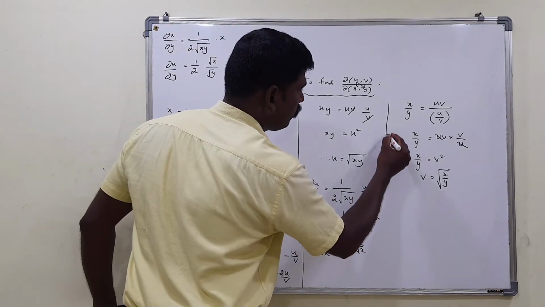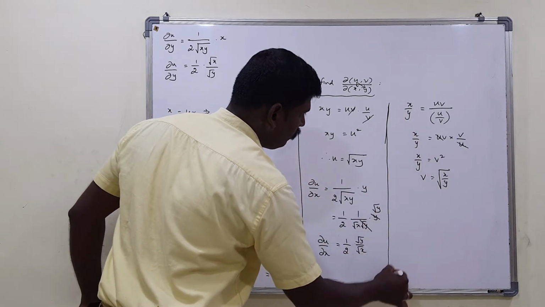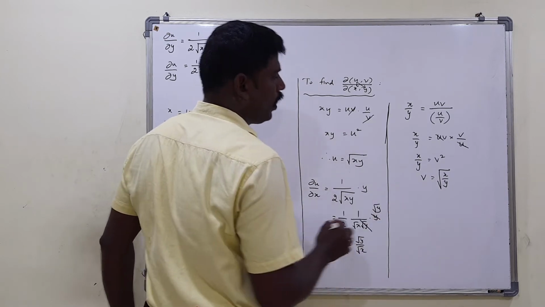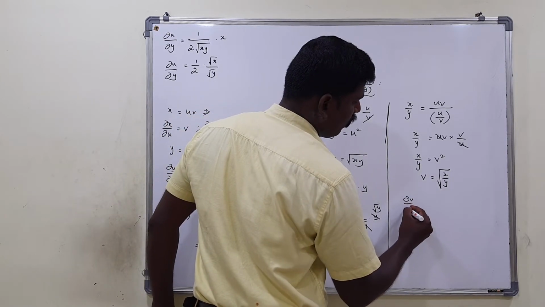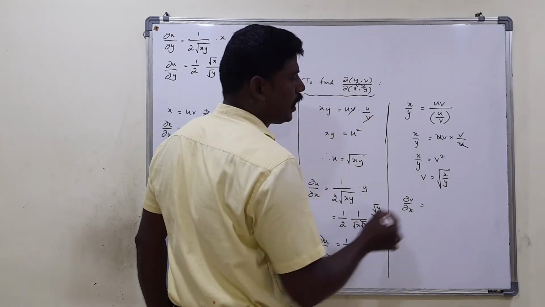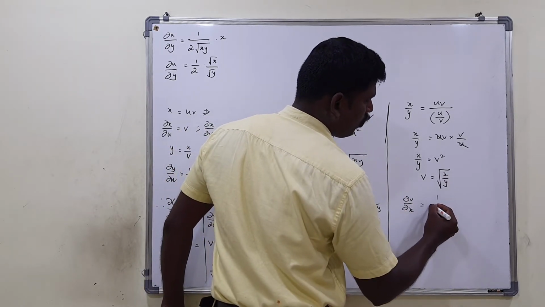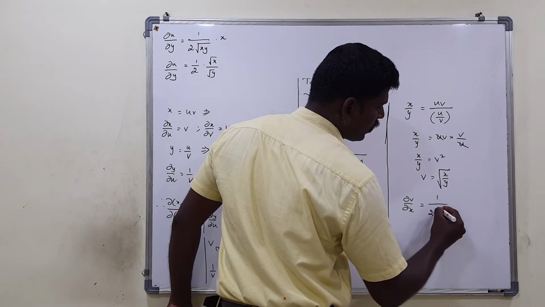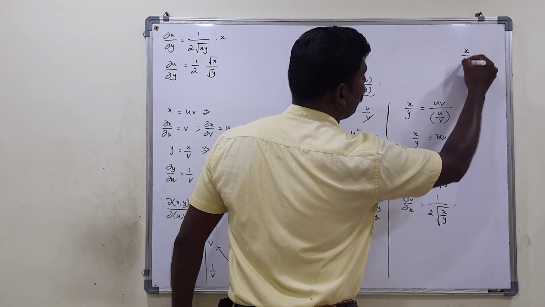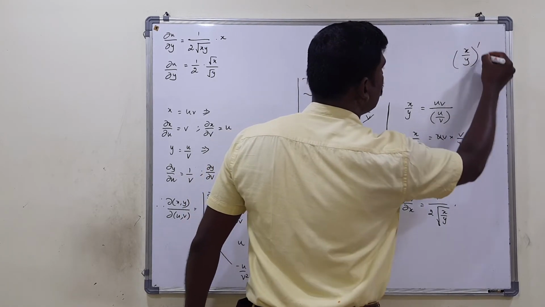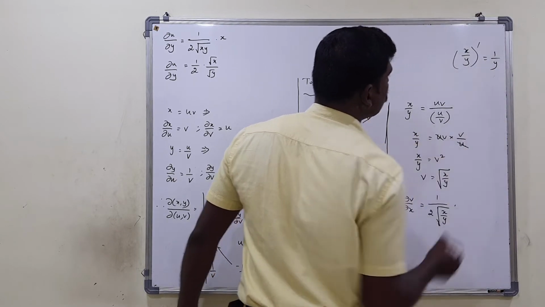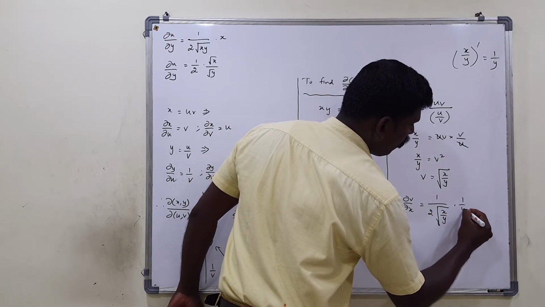Same like that, we can find the partial derivative of v with respect to x and y. Now I am going to find the partial derivative dou v with respect to x. What is v? It is in the form of root x type, isn't it? So 1 by 2 root x, 1 by 2 into root x, into the derivative of x by y with respect to x. So x is in the numerator; taking the partial derivative with respect to x, it becomes 1, y is constant, so it is 1 by y.